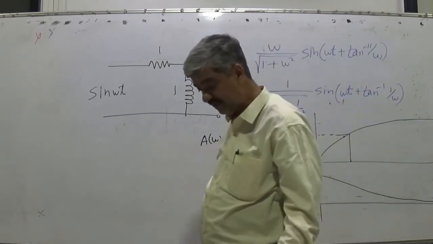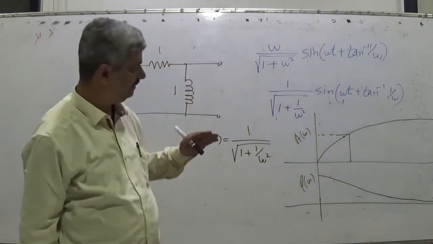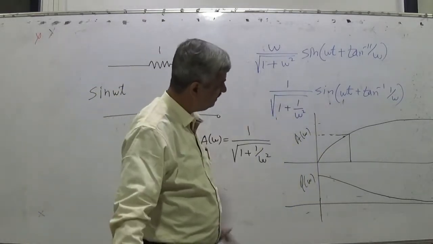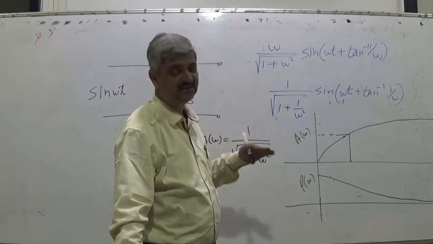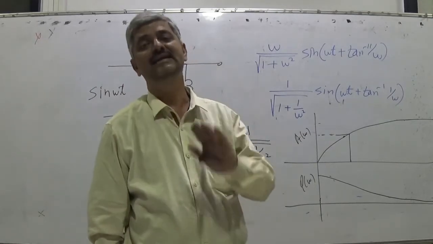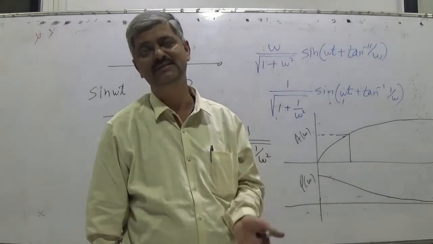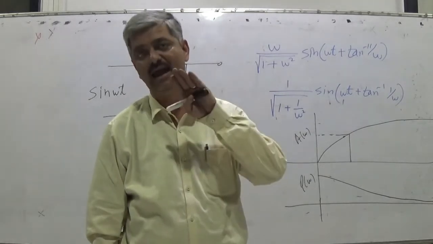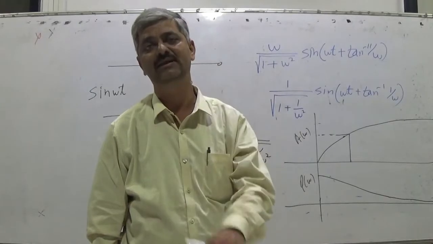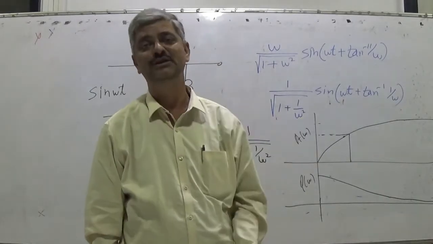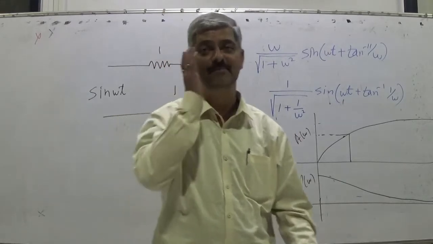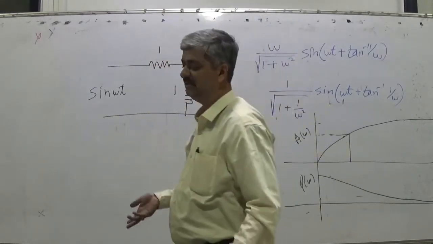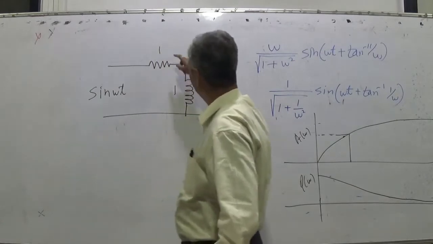Phi omega is not so important, A omega is important. So A omega will tell you, we very clearly see here that as frequency increases, gain increases. So at higher frequency, gain is higher. At lower frequencies, gain is lower. As at higher frequencies gain is higher, they will pass with high gain. So it is called a high pass filter. Low pass filter, high pass filter.